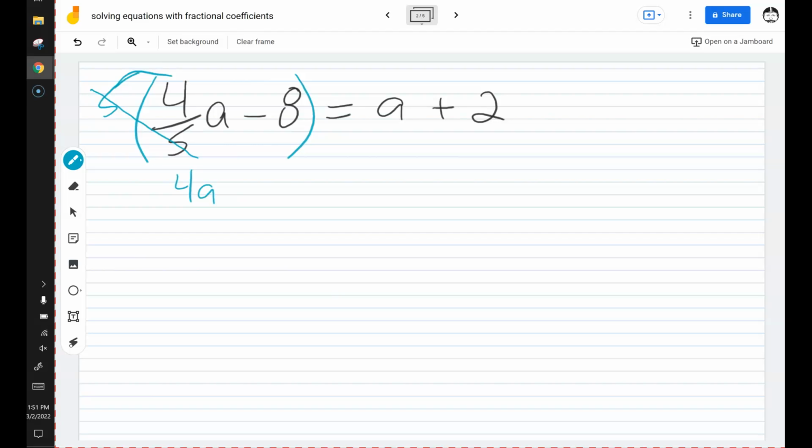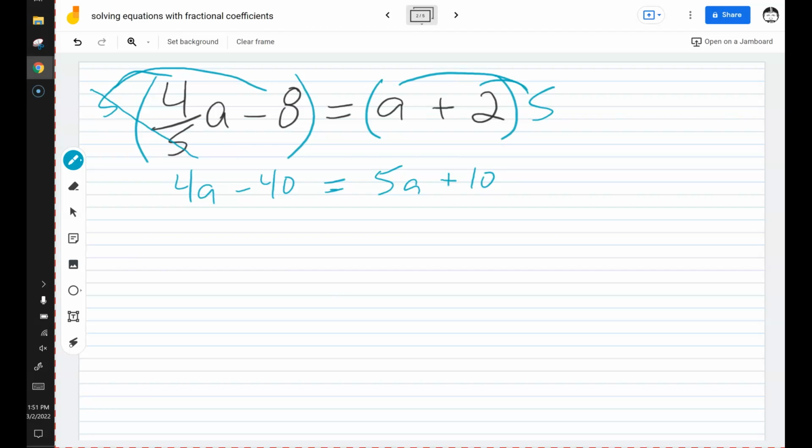Okay, but remember we got to distribute 5 times negative 8, negative 40. Okay, and if we multiply the left side by 5, we're going to have to multiply the right side by 5 as well. 5 times a is 5a, 5 times 2 is 10, and now there's no fractions, which is